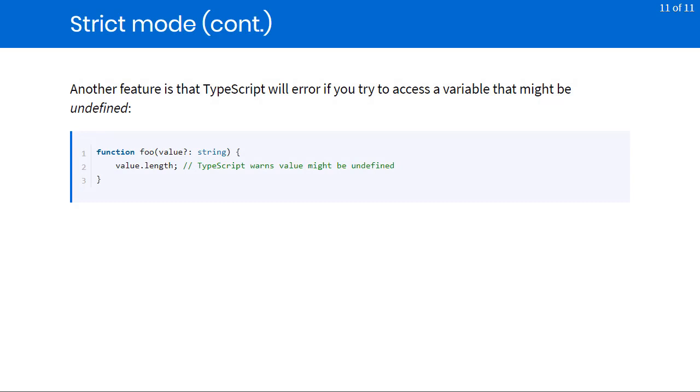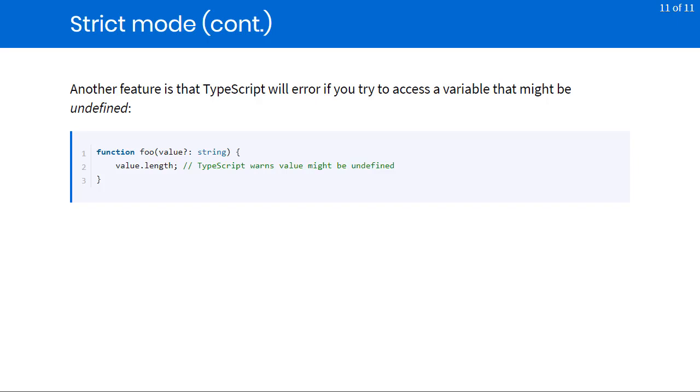Another advantage that strict mode brings is if you have an optional type. So for example, we have in this function foo, value with that question mark. That question mark means that the value parameter may or may not be provided. So if it's not provided, then the value variable is going to have the type undefined. And undefined doesn't have a length property like we see on line 2.